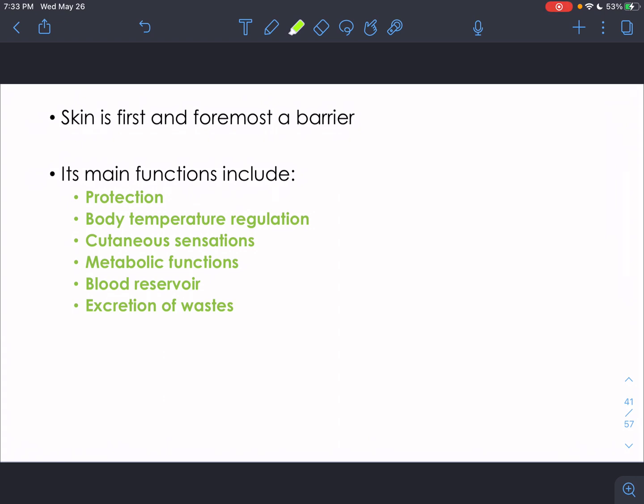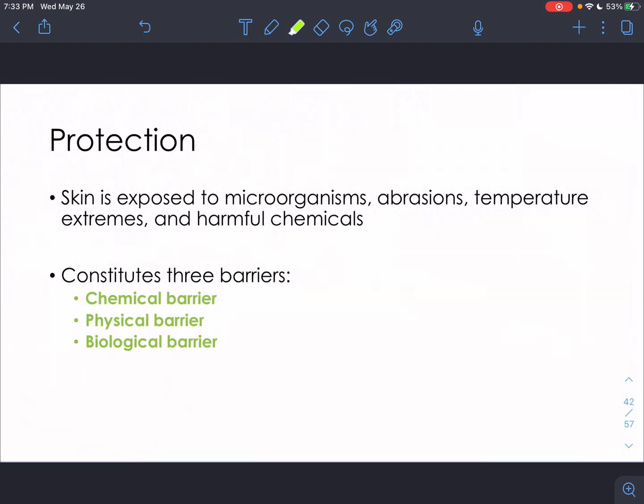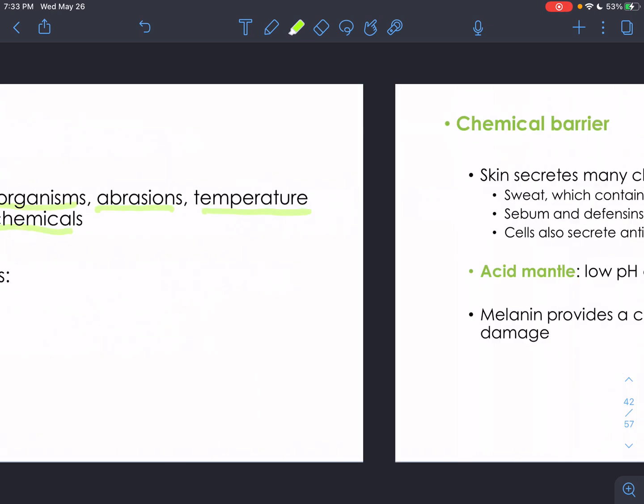So first, let's talk about protection. Obviously, skin is going to be exposed to microorganisms, different abrasions, right, little cuts and scrapes, temperature extremes, very hot, very cold, and also potentially harmful chemicals. So the skin provides 3 different barriers: a chemical barrier, which we'll talk about, physical, and also biological barriers. So a chemical barrier,